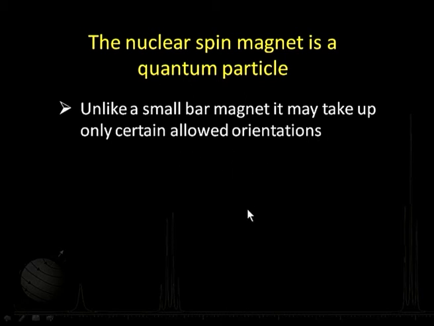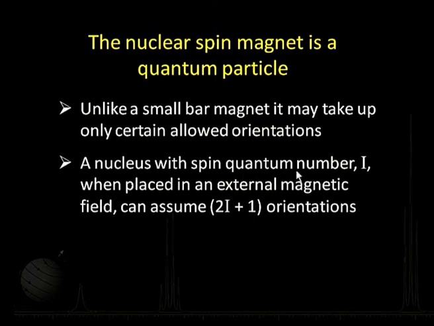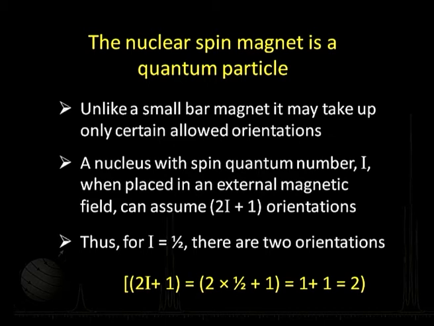And what you find further is that a nucleus with spin quantum number I, in the presence of a magnetic field, can assume 2I plus 1 orientations. Since I have deliberately chosen nuclei with I equal to half, and there is a reason for that, there are only two possibilities. That means I can have only two orientations, aligned with the field or against the field. Colloquially, we say that it is the spin which is aligned with or against the field. In fact, it is the z component of spin angular momentum which is quantized.